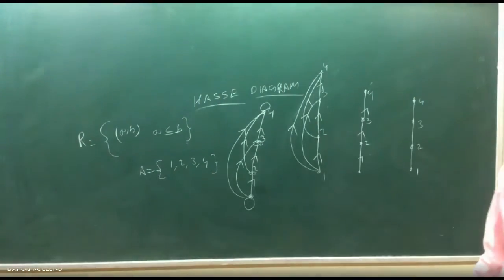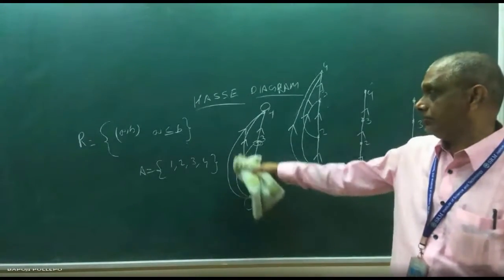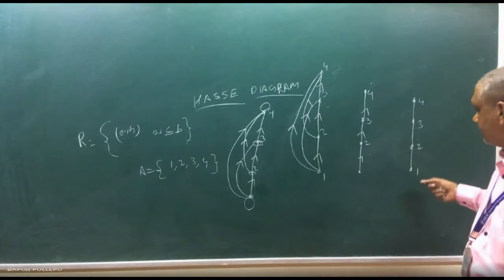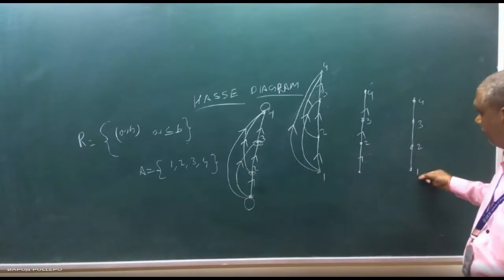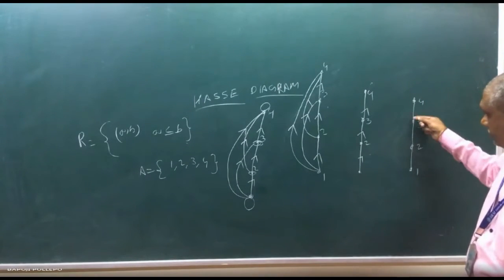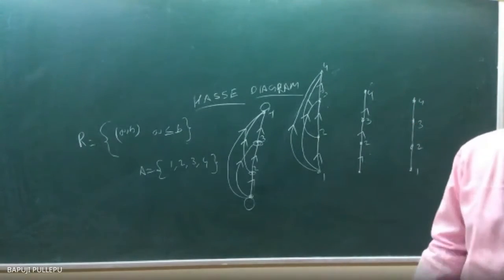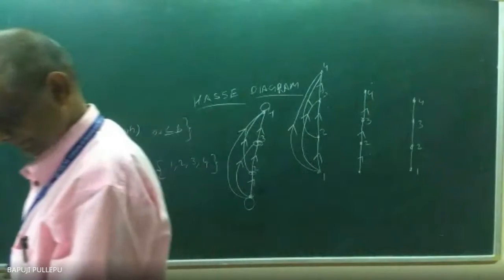From the diagram, how to show direction in a directed graph is not required in a Hasse diagram. If you know, then understand: 1 to 2, 1 to 3, 1 to 4 related. Then 2 to 3 related, 2 to 4. It's not inside the line like this, 3 not 4. That diagram I will not draw.